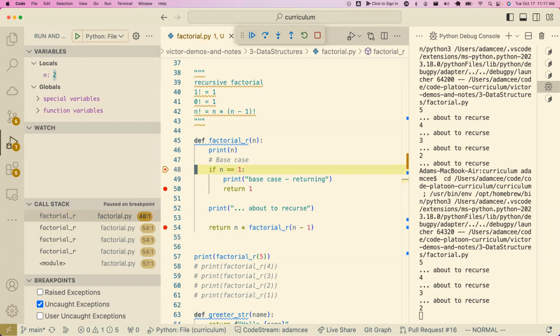I do not use the debugger a ton. Some people really like it. I usually find print statements easier for my own debugging. I do think it can be a great tool to really understand what your program is doing. To be honest, even with object-oriented programming, when we get into Django, it might start to get a little trickier